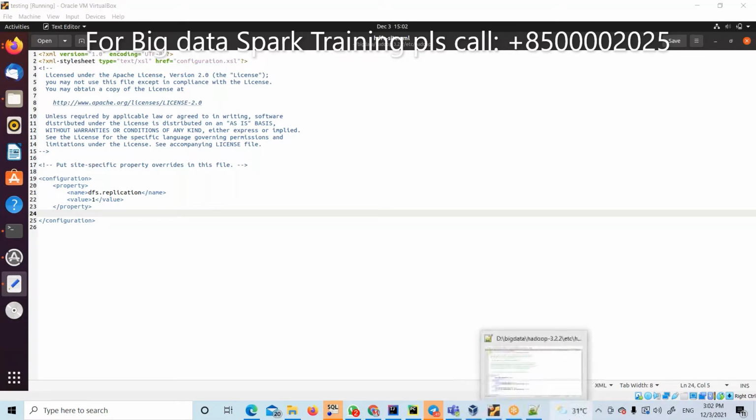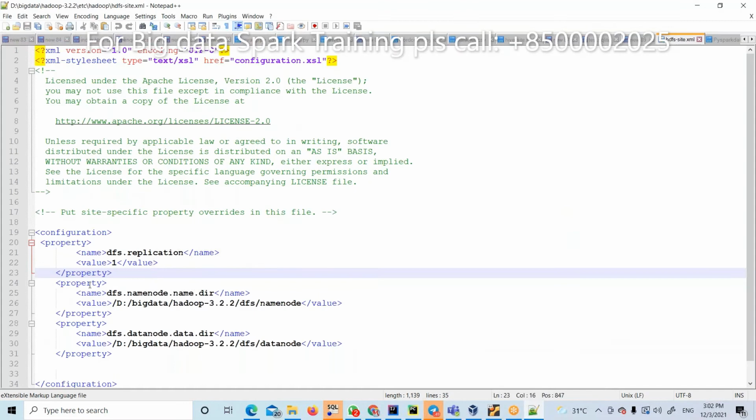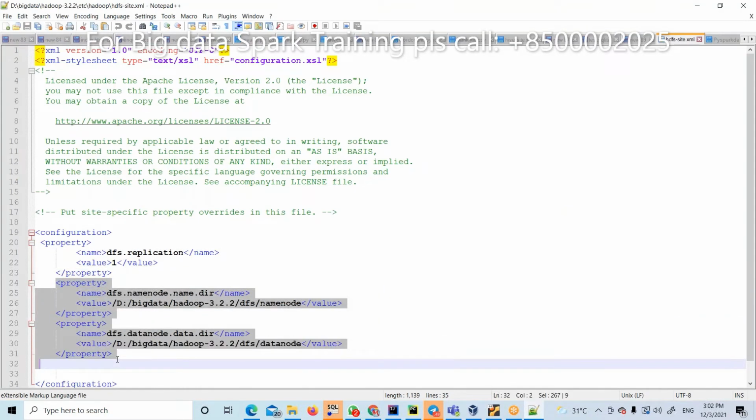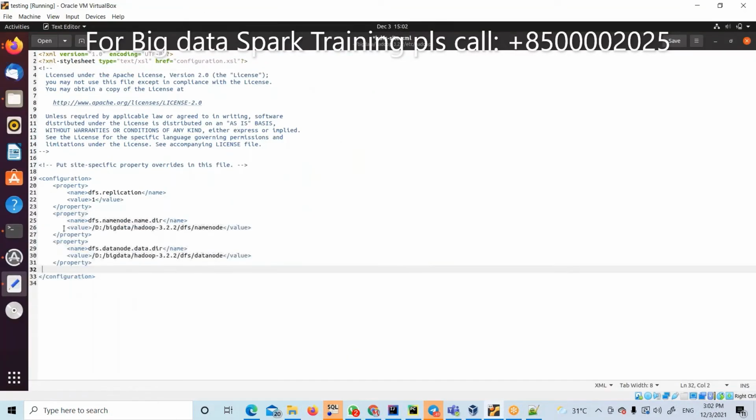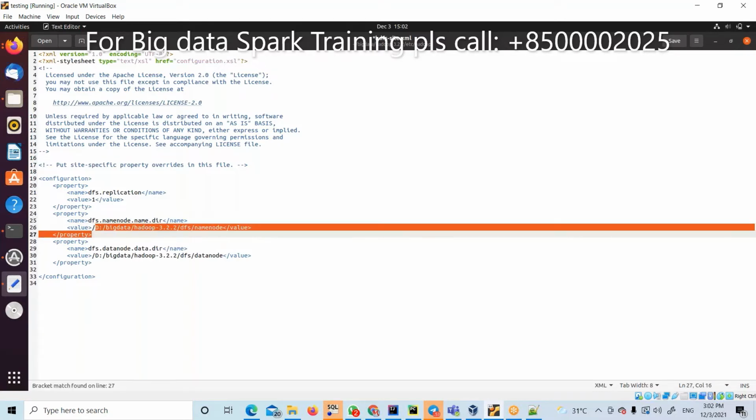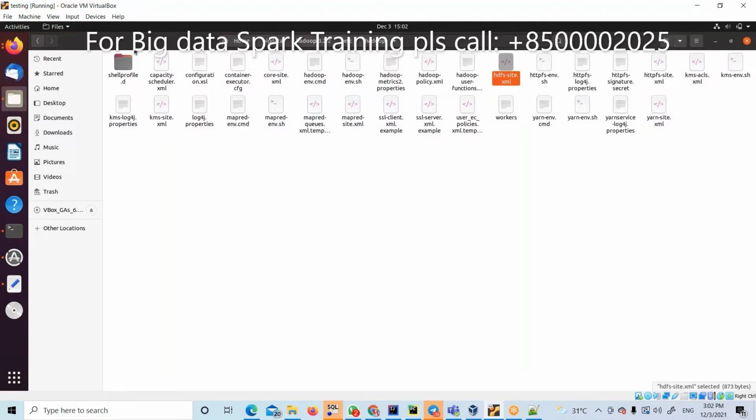Just wait. This is Windows. In that Windows, these two also. Copy these two and place here. Here, why the name node? This is highly recommendable. Otherwise, the name node and data node most frequently fail. That's why. Here this is the Windows path. Instead of that path, just configure somewhere.